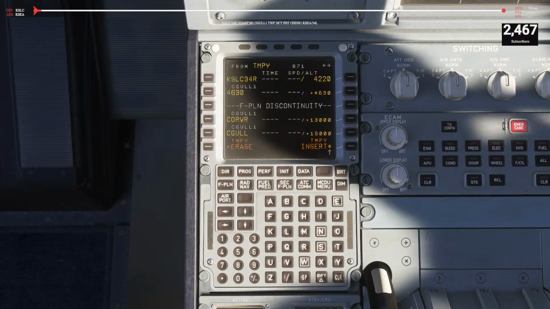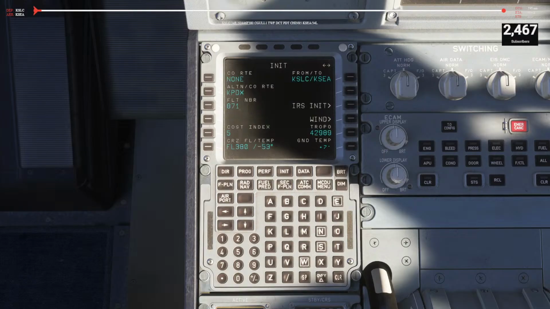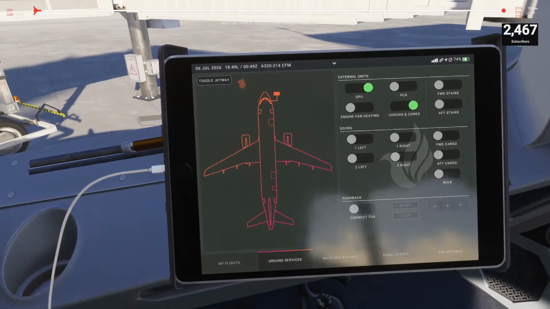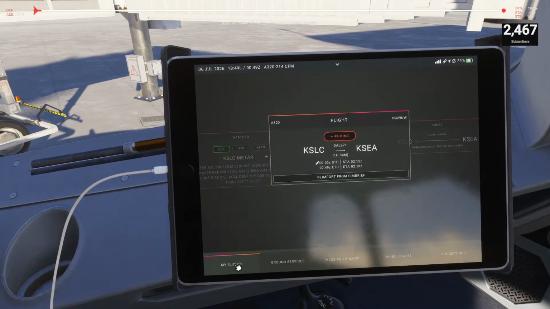Manual. Clear, flight plan discontinuity. Insert to finalize changes. Init page. Let's go to our EFB. Let's go back to